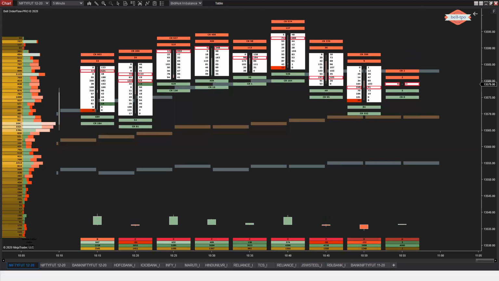Will you give any PDF or observation used with some theory to understand for beginners? Of course, I'm going to spot a lot of references. And yeah, if possible, I'll be getting you a PDF as well. But I'm not going to commit anything on the PDF at this point of time. All I can tell you is I can spot you a lot of resources where you can learn order flow